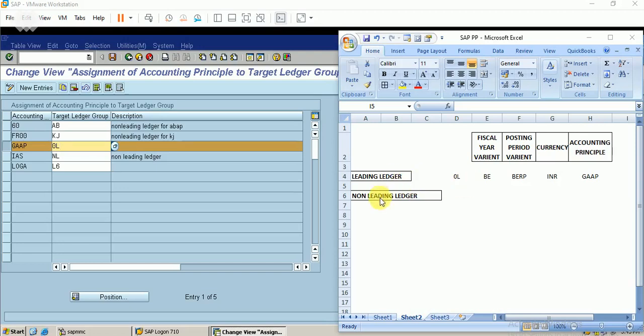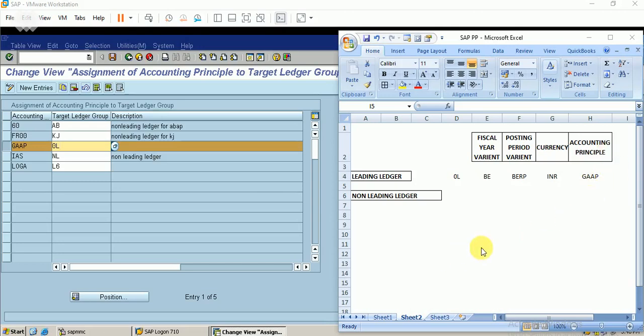So what is the need for a non-leading ledger? The main requirement depends on the client's requirement. Every company may want to maintain a separate ledger group for its accounting principles. It is a legal requirement for a company to maintain reports with different accounting principles.